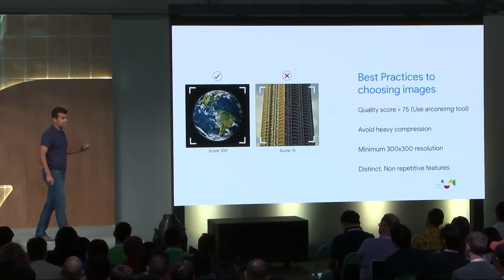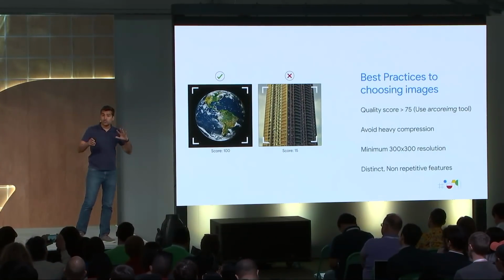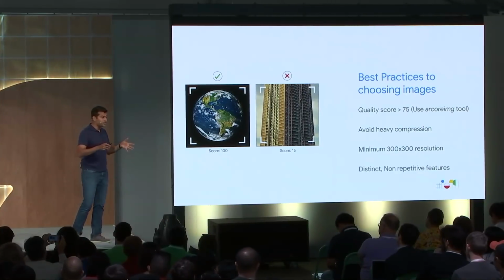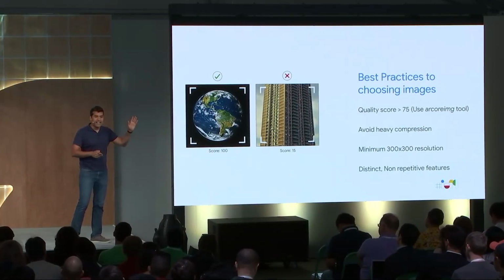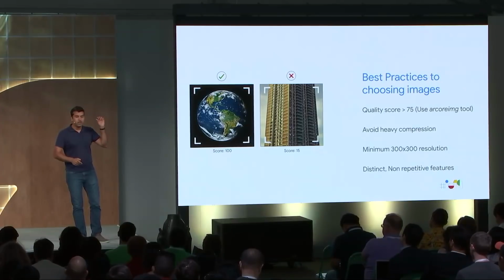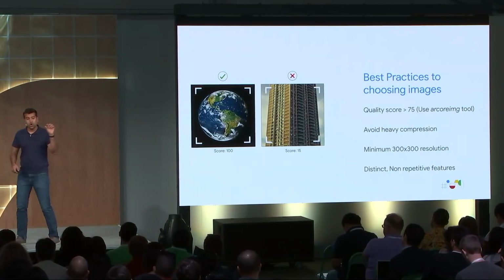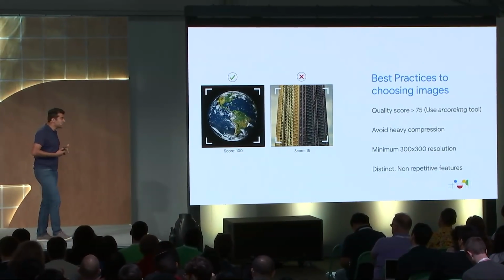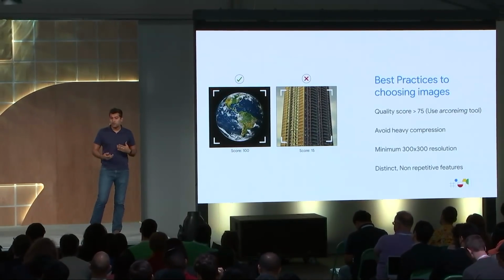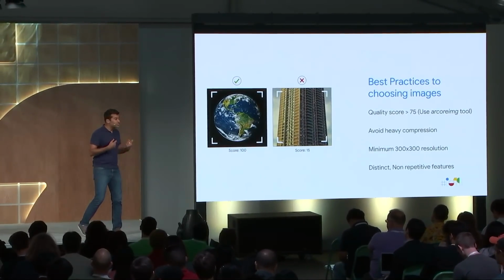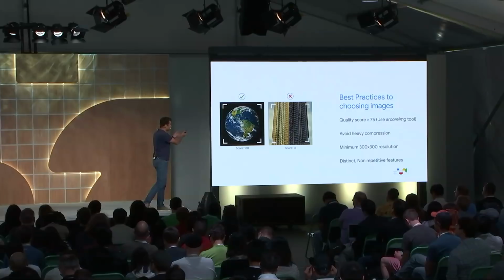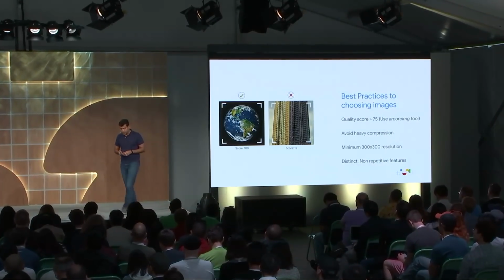But the image on the right-hand side, the one of the building, it has lots of features. But once you actually start scanning the image, you understand that there are lots of repeating windows that go across the image. And so it is very easy for the algorithms under the hood to get confused as to what they're looking at. And so such an image would not be ideally suited for an augmented images experience. And our tool will tell you that the score of this image is super low. So we would highly encourage that you choose images that are closer to the ones that give you a score of 100.